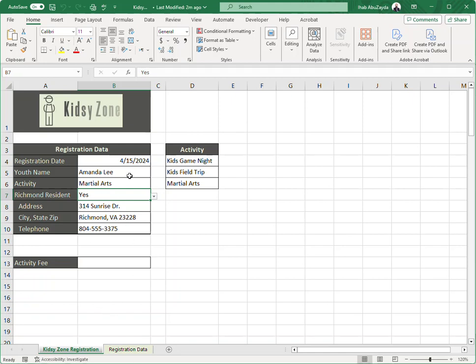So to continue building this application, we want to make sure that we calculate the activity fee correctly. If they live in Richmond, if yes for Richmond resident, the activity fee is going to be $75, else it will be $80. In this case, we will need an IF function to give us that ability of calculating the activity fee. So if we go to Formulas,